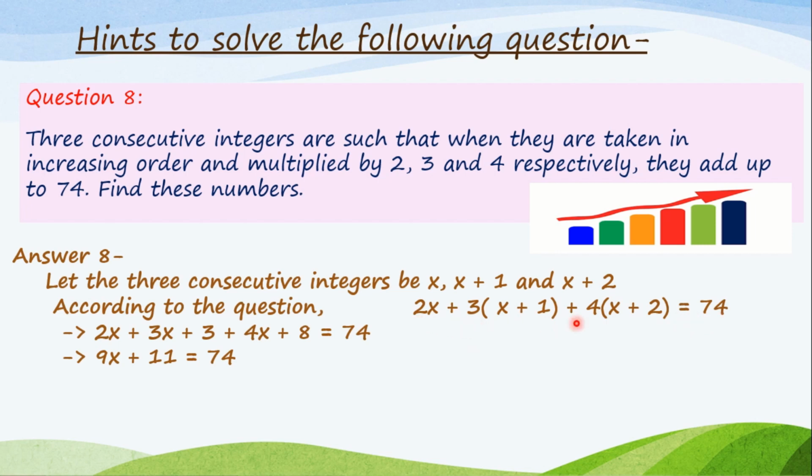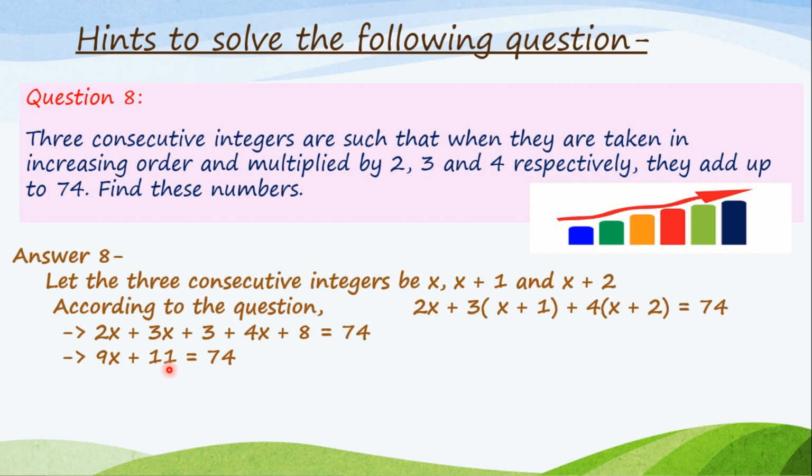How will you solve it? Which property will you use? Of course, distributive property. You know it from class 6 only. So, I am sure you will solve it. You will get this: 9x plus 11 is equal to 74. I am very sure that you know the rules of transposition. Plus 11 or 9, which one will go first? Don't make the mistake of shifting 9. 9 को बाद में ले जाना, पहले 11.